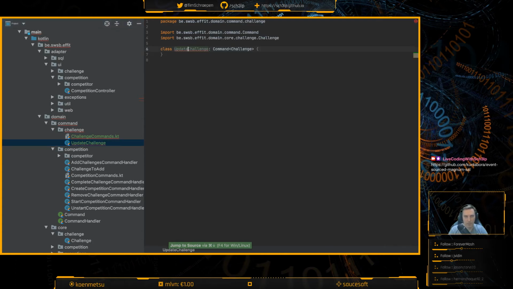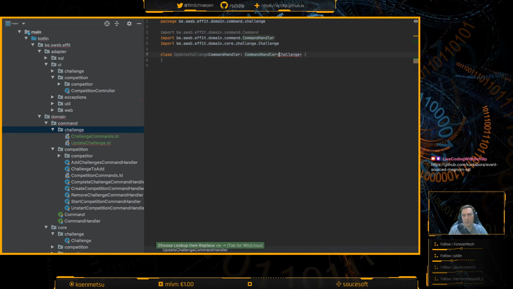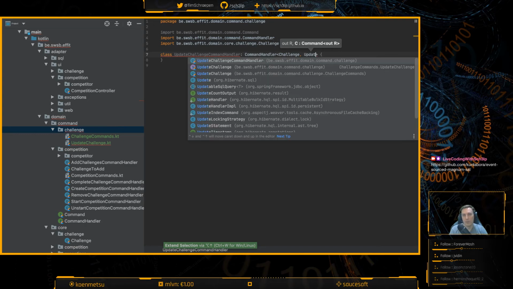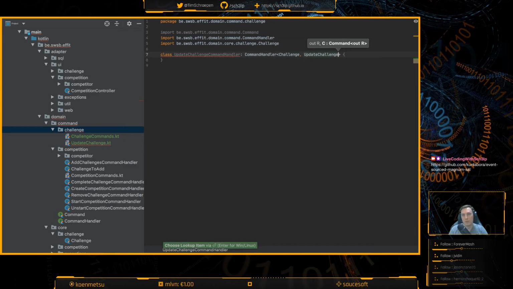Oh. This should be the command handler. That's why. Command handler. Dealing with challenges. And dealing with update challenge. There we go.